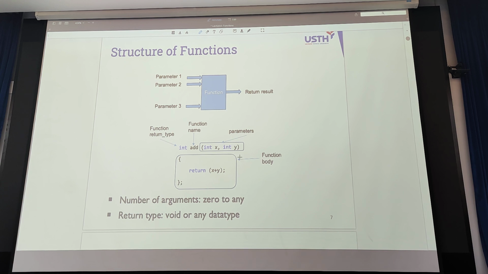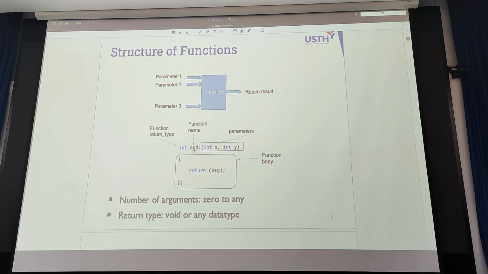Okay? So sometimes I will ask directly what are the inputs of the function. But the correct term, I always ask what are the parameters of the function, or what are the arguments of the function. A function will have arguments, function name, and return type: return type, name, and parameters or arguments. And a function may have no argument or many arguments.